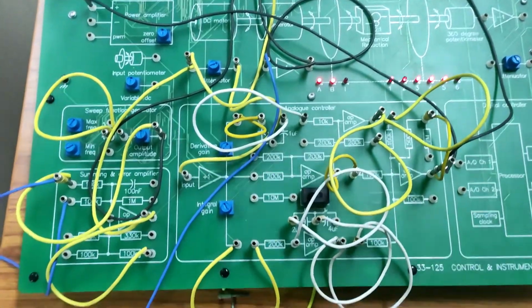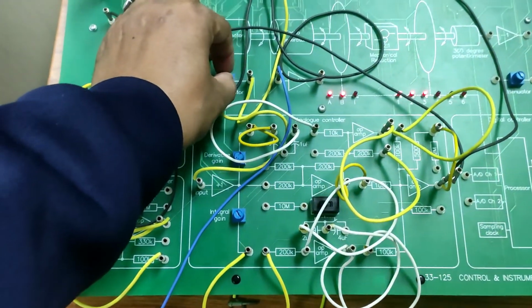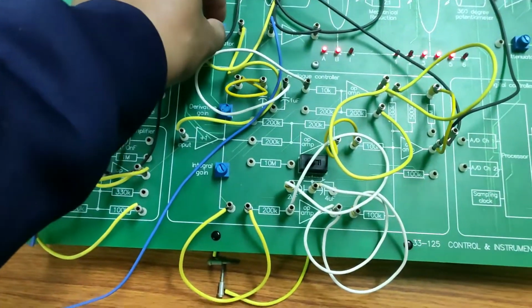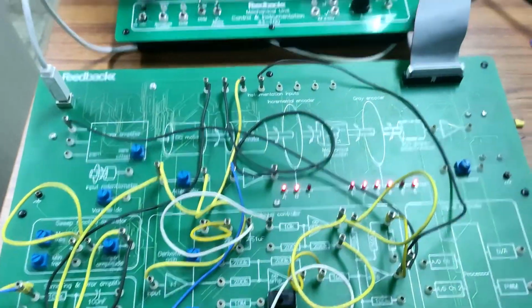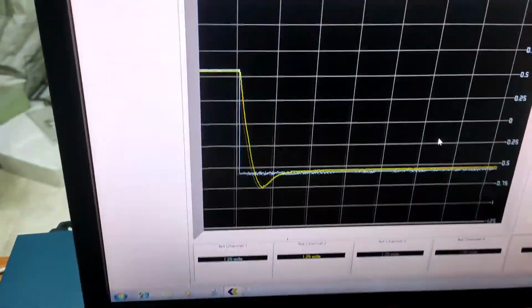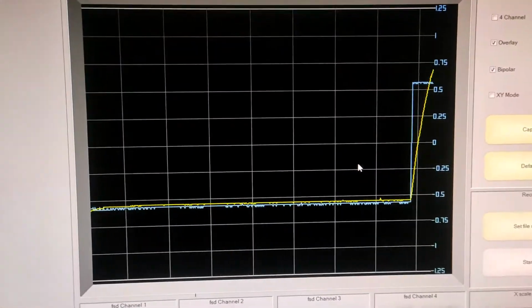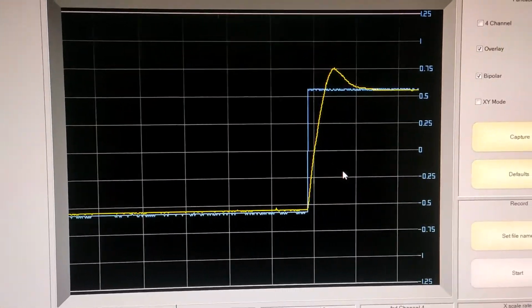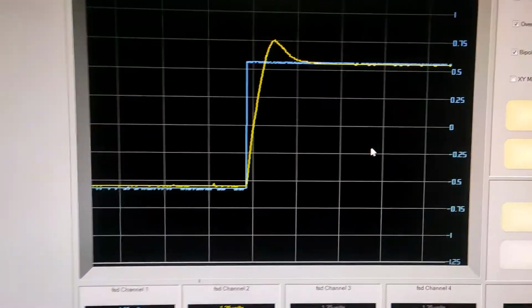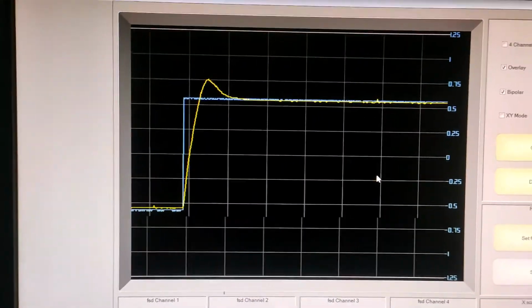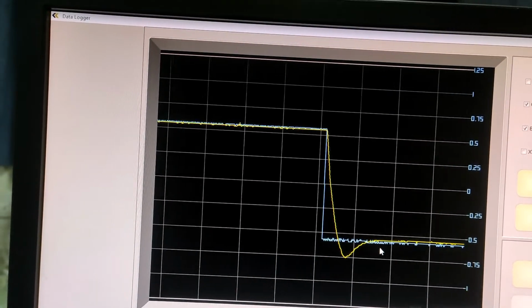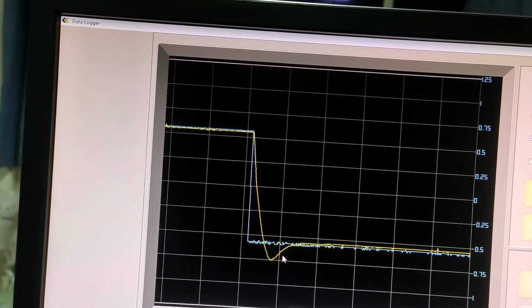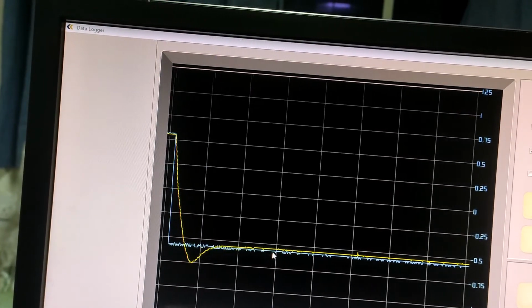Now in this case we are using only P and I controller, P and I. Okay, so with this PI, if you see the input or output curve behavior, this blue one is the input speed, input voltage, and the yellow one is the speed of the output shaft. See, there is an overshoot here, but one more problem arises.